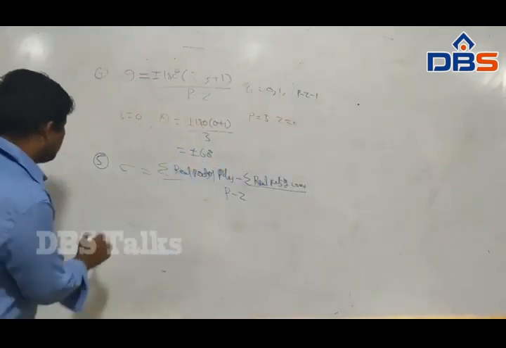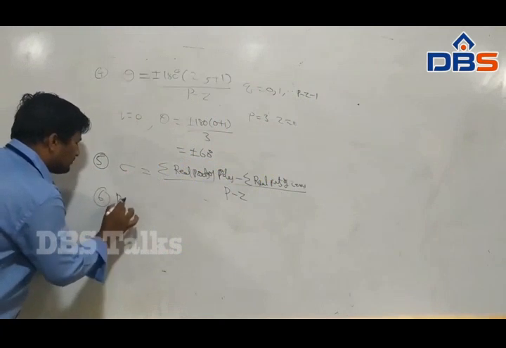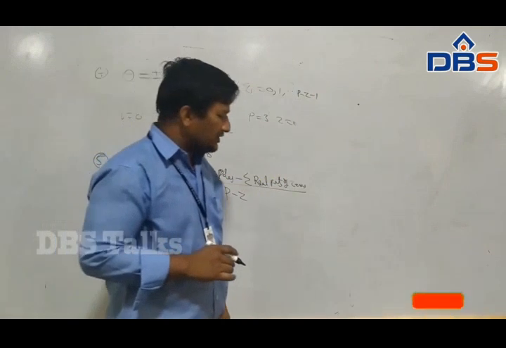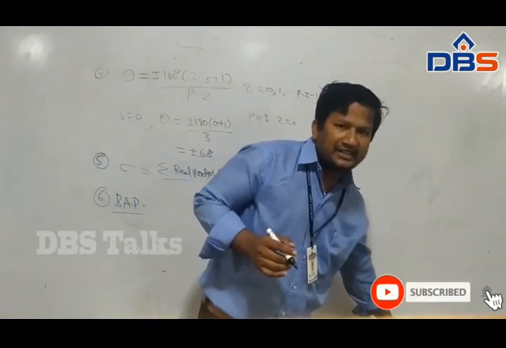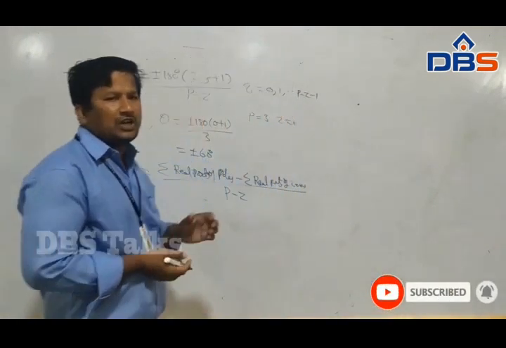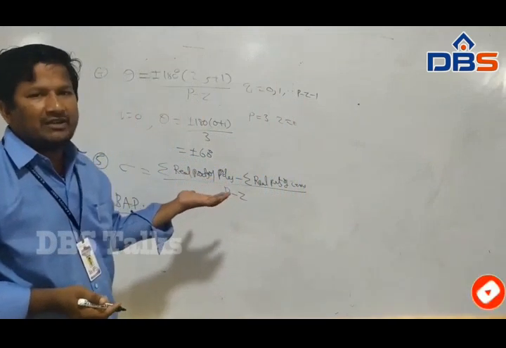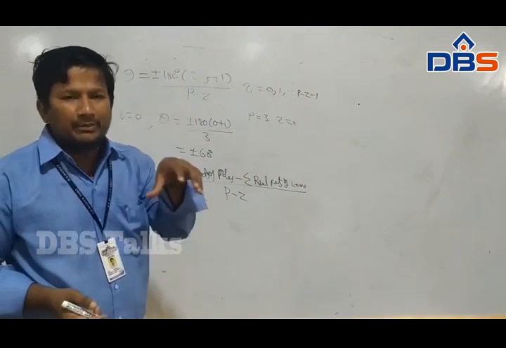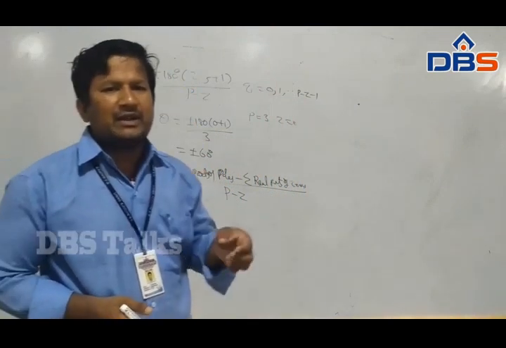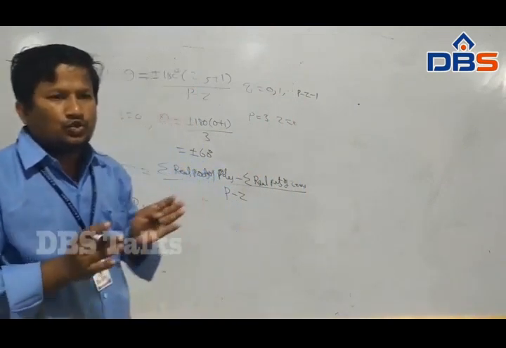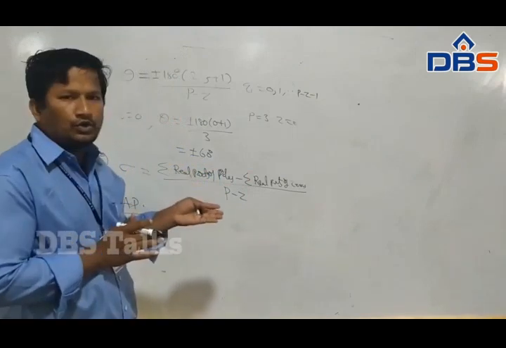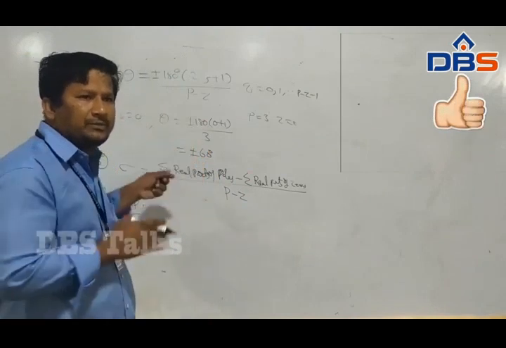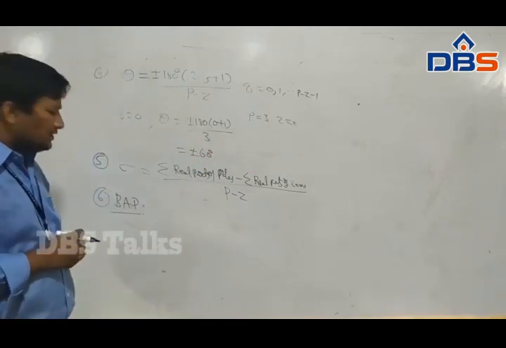The next one is the breakaway point. This is the most important point. Breakaway point or breaking point. Generally, a point where the locus comes out of the real axis is called the breakaway point. A point where it comes into the real axis is called the breaking point. These two are related to the root locus diagram. The main root locus diagram starts from the breakaway point or breaking point.